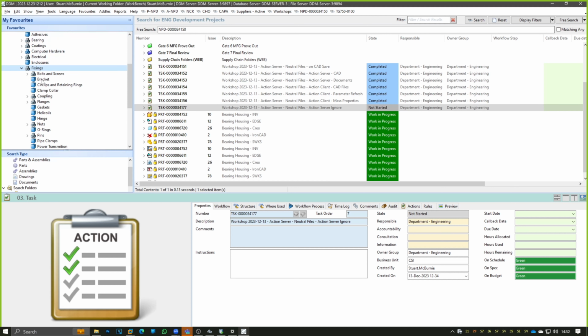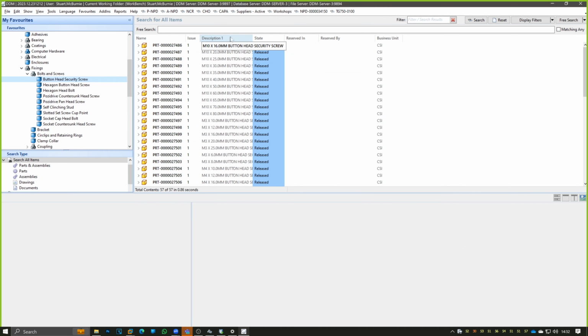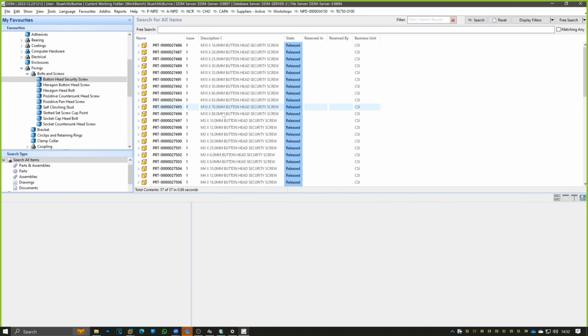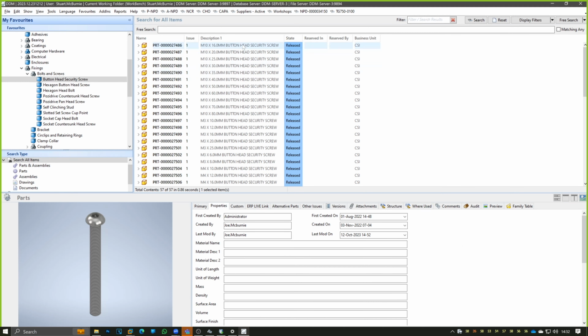Okay, well, we can do it for anything. Let's say for bolts and screws. Right, if we're using standard components, these are Inventor button head security screws, we don't need to generate step files of standard fixings. So we could select all of these